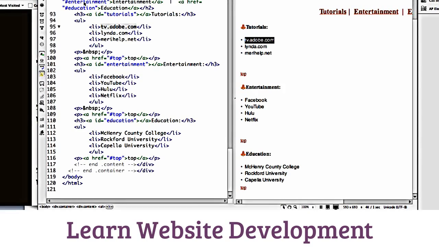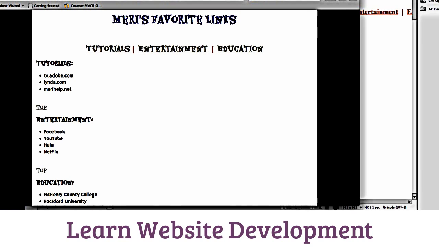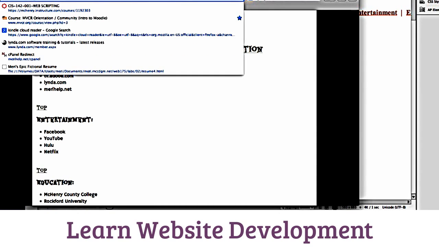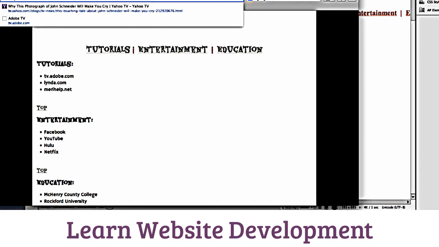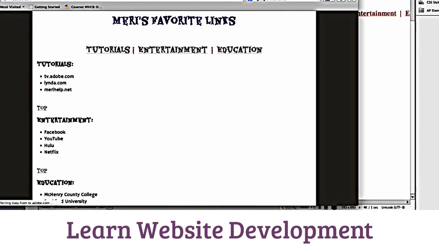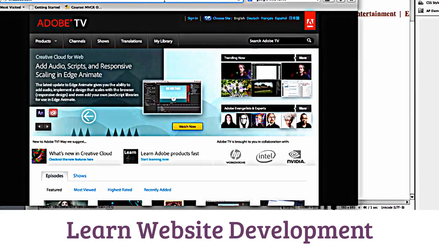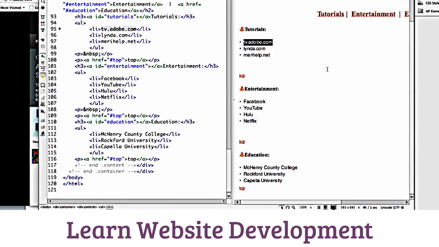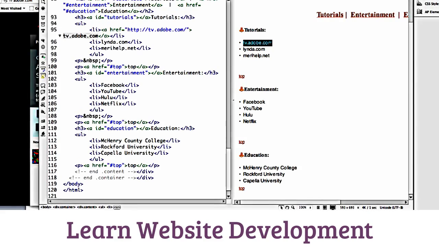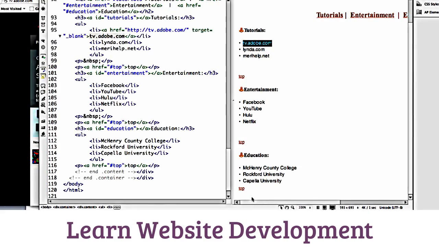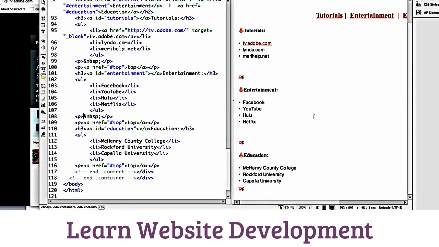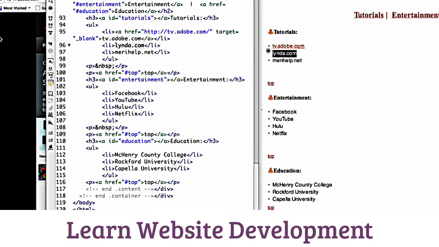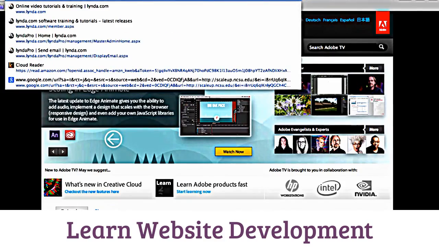Now here, the best way to do this, so I've got tv.adobe.com. You actually want to go here, copy the link, and when you select it, paste it in here, and set your target to blank. That makes it open in a new page. Same thing for lynda.com. I'm only going to do the first 3 links here because you guys can copy and paste the others. So I'll go to lynda.com,